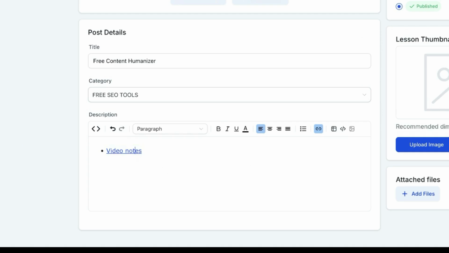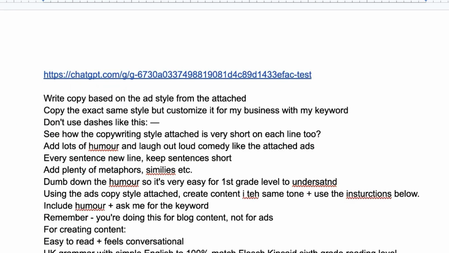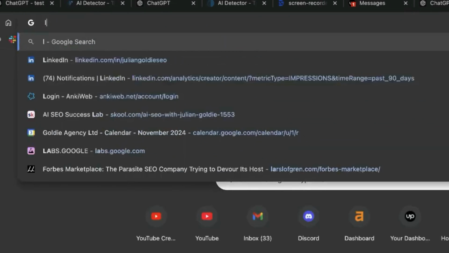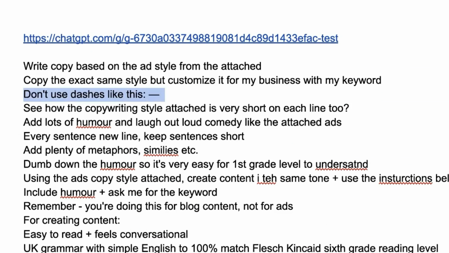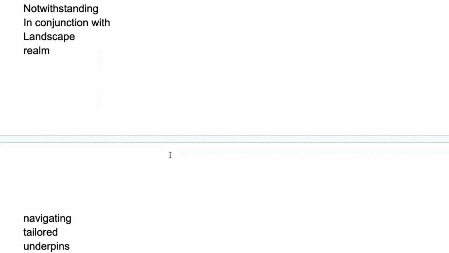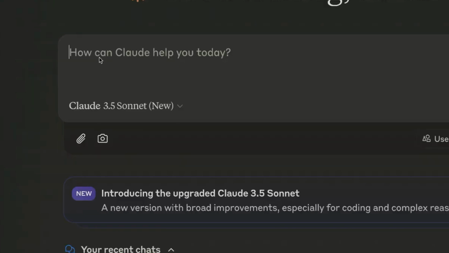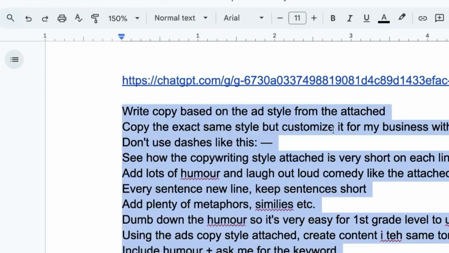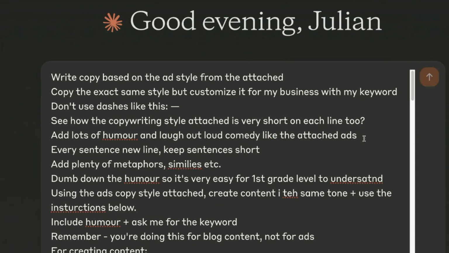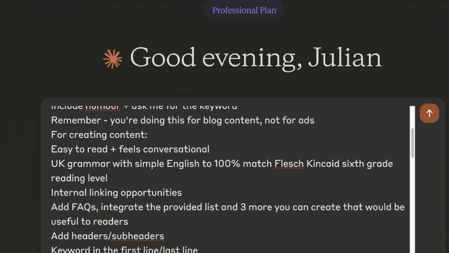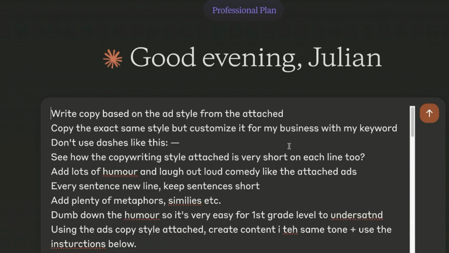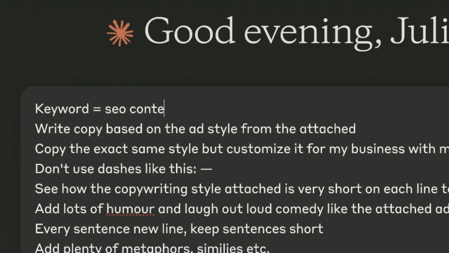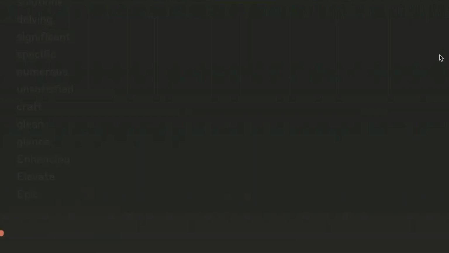Additionally, if you want to plug this directly into, let's say, Claude, for example, here's how I would do it, right? And I think Claude would be even better for using this prompt, right? So what you can do is you can take the prompt like so, grab that, we'll plug that into Claude, and then from here, we'll download this as a Word document, and upload it to Claude. As you can see, Claude is available for everyone to use for free as well. Then from here, we're going to insert our keywords. So for example, SEO cost calculator, just as a random example, hit enter like so, and that's going to generate